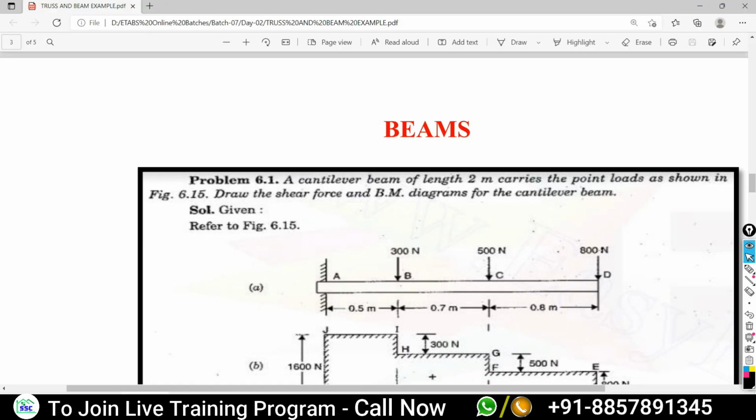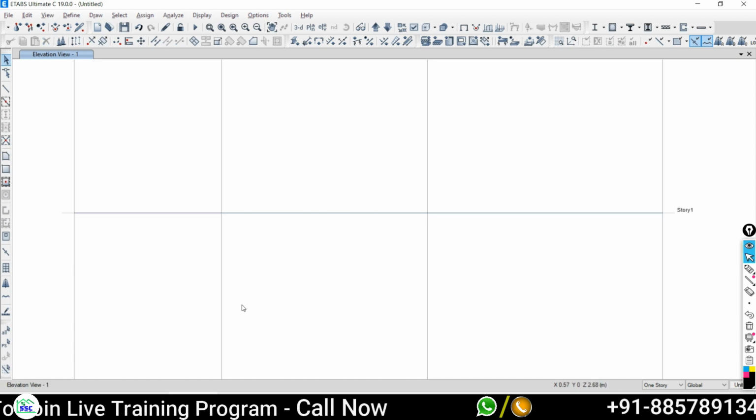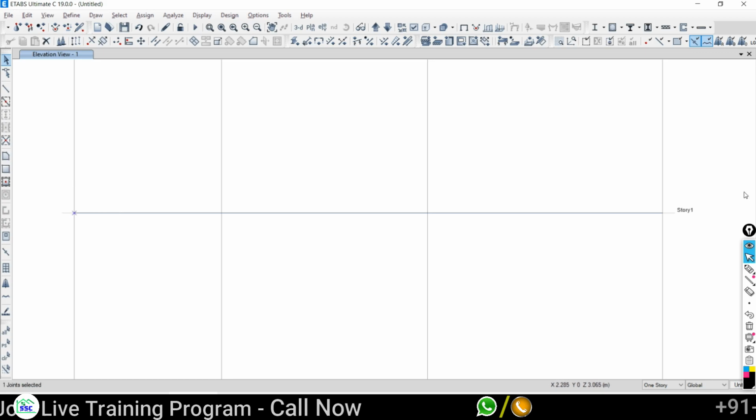And if I'm going to model it as a single beam, close, delete all this, take the frame, and if I click here and click another point here, am I able to get the joint here? No, sir. I'm not able to get the joint here. That's my problem. If I'm clicking here, the complete frame is going to be selected. Only the ends I can select.